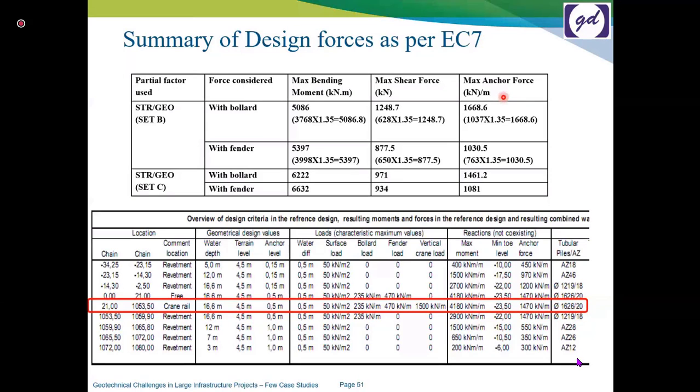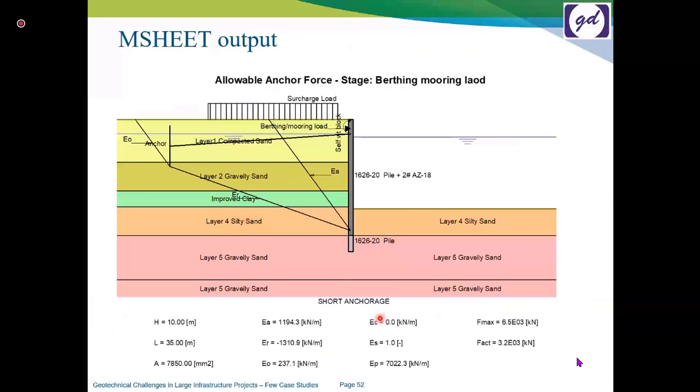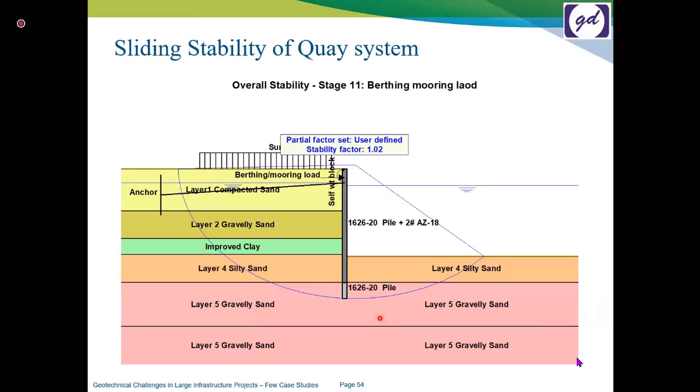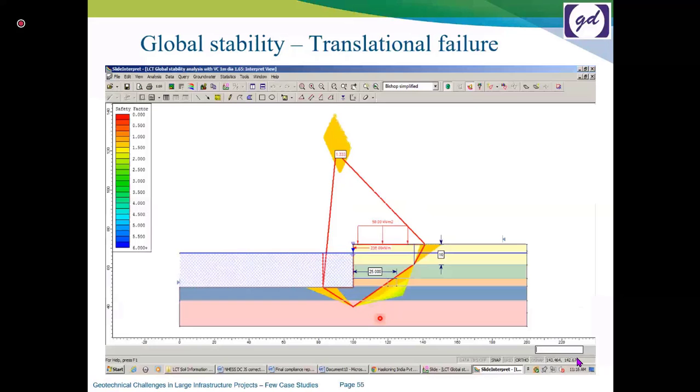And as you can see, the maximum anchor forces are also variable, so they cannot resist this bending moment with the given sections. So we again presented our design to them and asked them for clarifications and confirmation whether their sections will be taking such kind of forces or not. Based on our design analysis, they changed the sections. I'll skip these things. I would like to put more emphasis on design information, but I'll skip it right now. I have to finish another case study in a very short time.